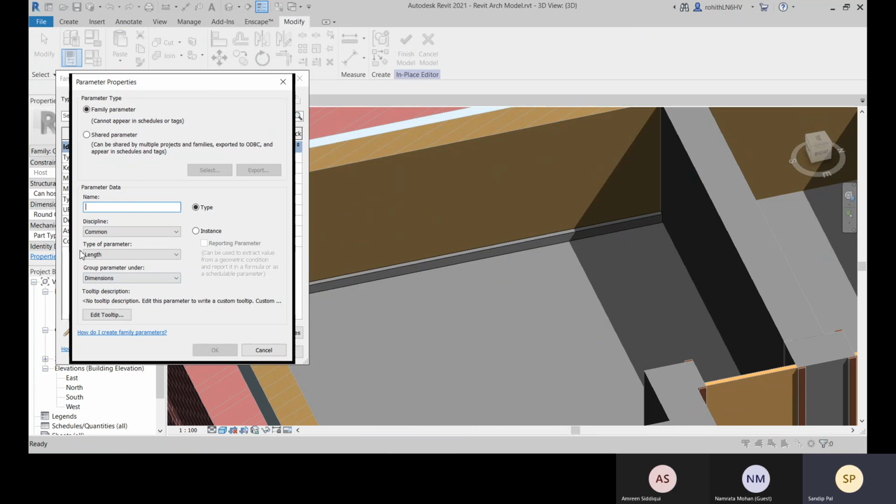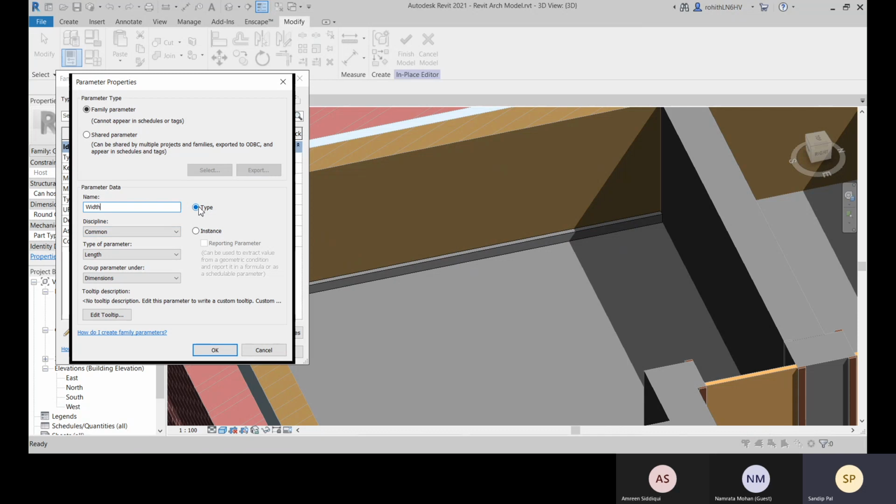All right, so we will know creating parameters and working with parameters better in loadable families. When we create it externally, there we will know it better. We will explore this more there. Now just create one. Let's create with width.